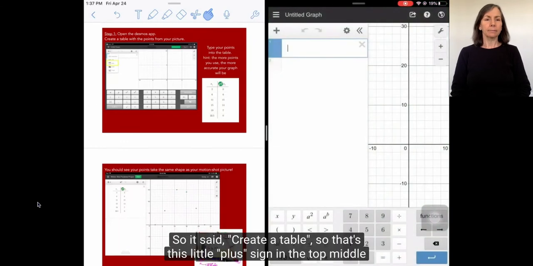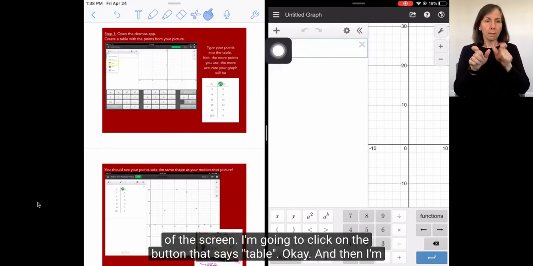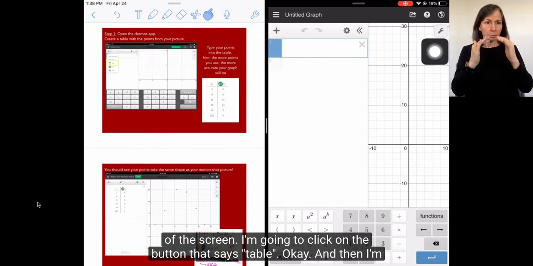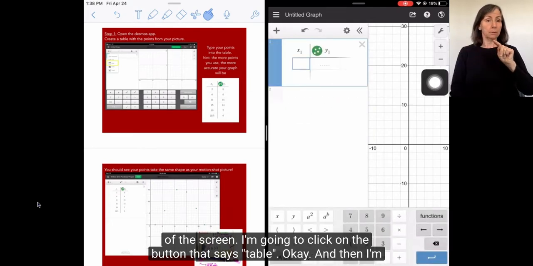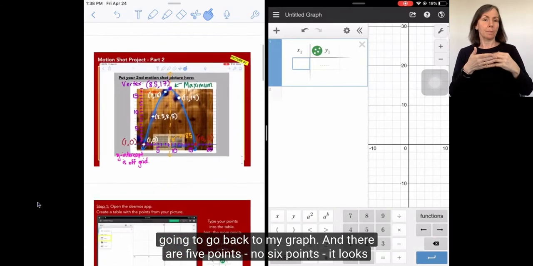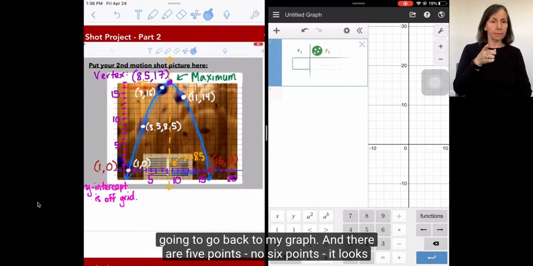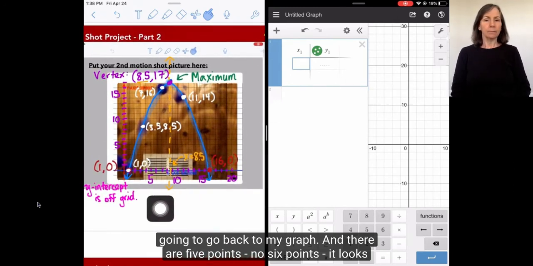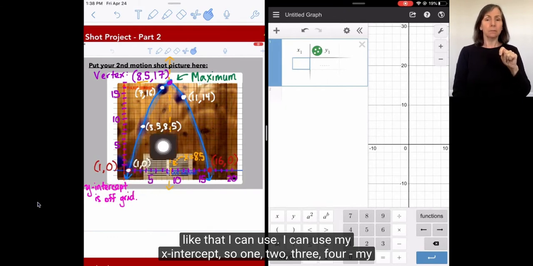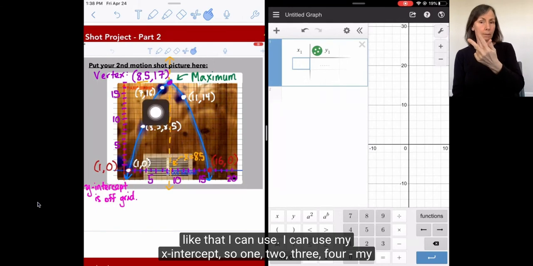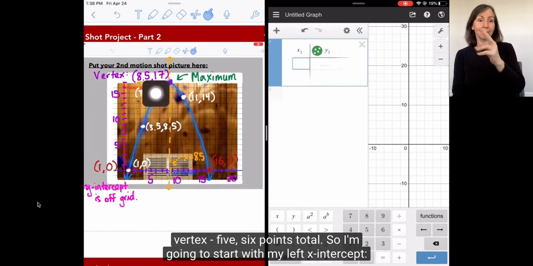So it said create a table, so that's this little plus sign in the top middle of the screen. I'm going to click on the button that says Table. Okay. And then I'm going to go back to my graph. And there are 6 points it looks like that I can use. I can use my x-intercept, so 1, 2, 3, 4, my vertex, 5,